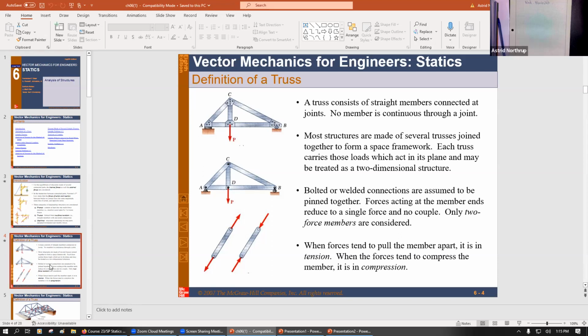Now, it's not a for-certain thing. It's just more likely than if it were built on some other type of structure. But if you look at this type of truss, for example, you can think of it as one large external triangle, or you can think of it as two smaller internal triangles. But in any case, everything has to maintain that structural integrity, and everything has to maintain that summation of net forces equal to zero, and moments